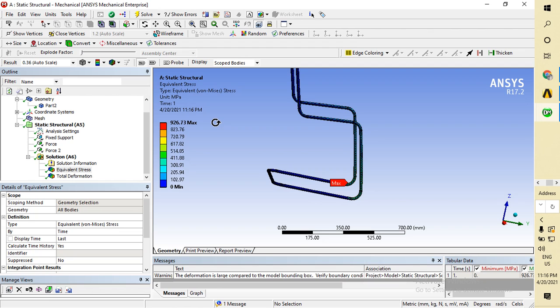So our yield strength is given as 250 megapascal. Now we are getting the von Mises stress of 926.73 megapascal, then it means pure failure.